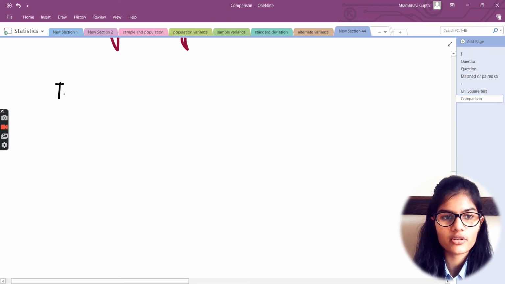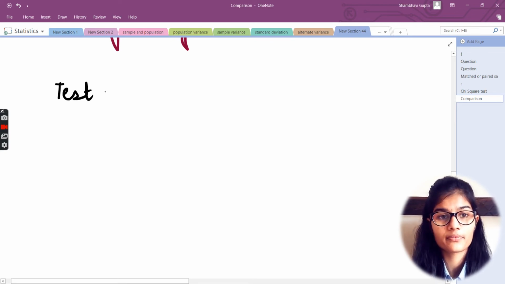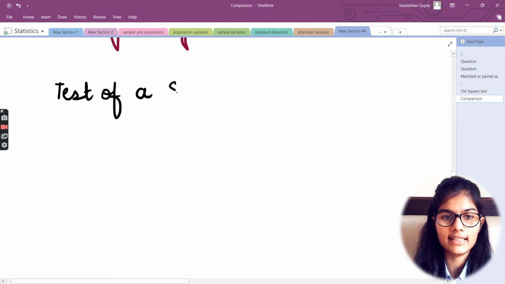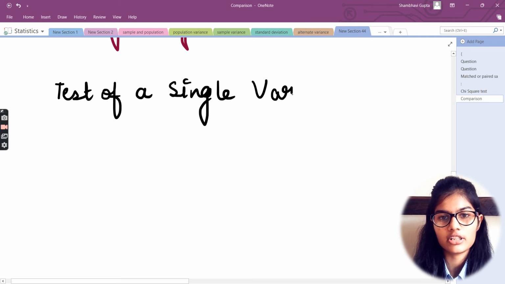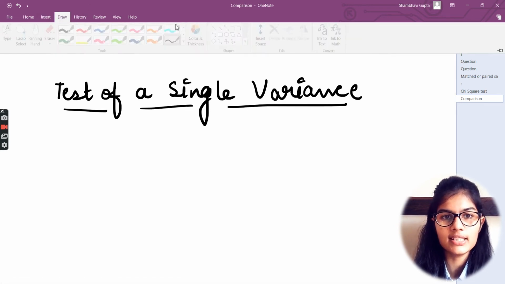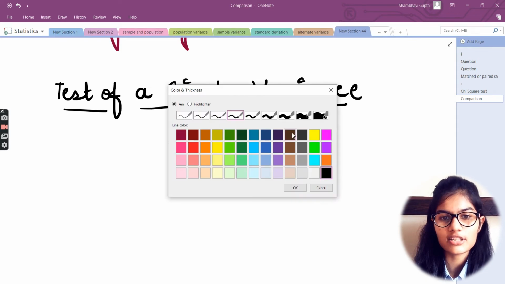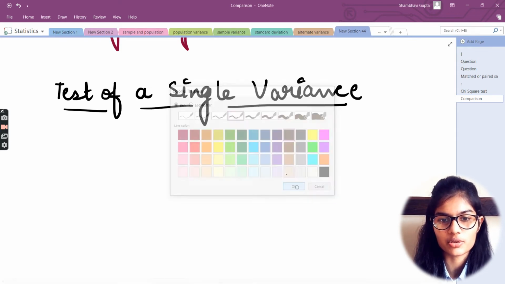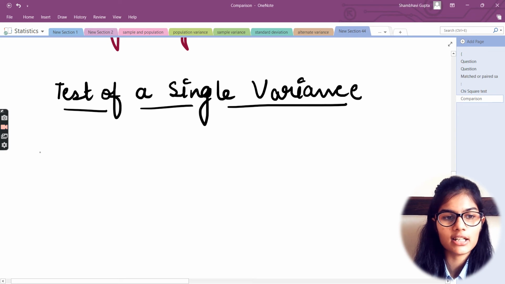So the topic which we are going to follow is the test of a single variance. So here goes the single and here goes the variance, right? So this is the topic that we are going to follow, that is the test of a single variance. So let's see what we have in this particular one. I would start writing, and with the writing only I will explain the rest of the things,